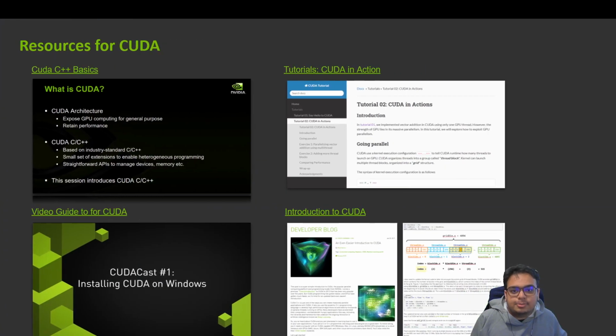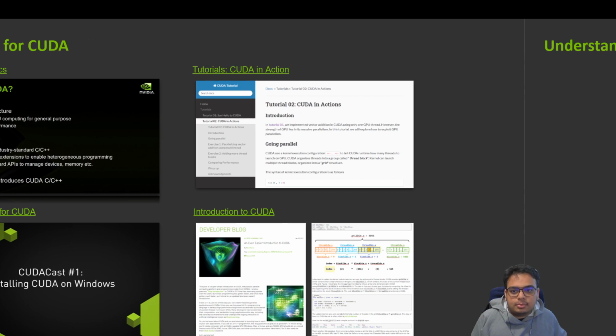First things first, as many of you might know, CUDA is our parallel computing platform and API model that makes using a GPU for general purpose computing simple and elegant. You need to know a bit about CUDA and how to use it with C++ to make the most of Maxine's APIs. I want to take this opportunity to point you to some of the guides that we have compiled for you to get started. You can find these links in the description and on this deck.